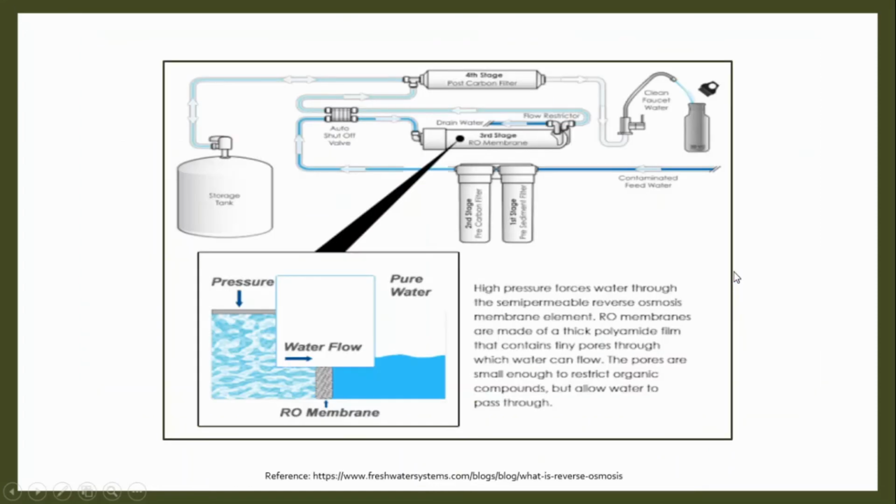So just to show you, I have got this picture, there are 2-3 stages. The very first stage is the pre-sedimentation filter, wherein the dust and dirt particles get settled down. Then you may find a carbon filter sometimes. This reduces VOC, volatile organic compounds, and chlorides, fluorides and other compounds. And then the TDS is focused more on the third stage, which is the RO membrane. So the first two stages are normally pre-filtration, and then at the end you can get your clean faucet water.